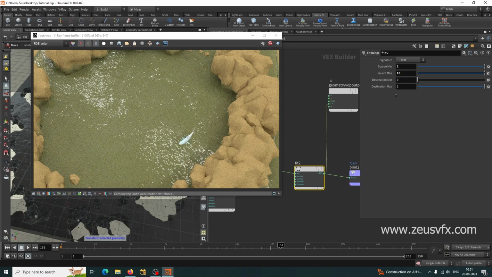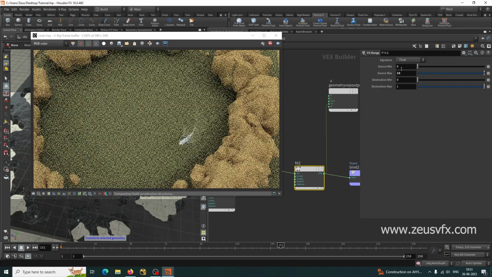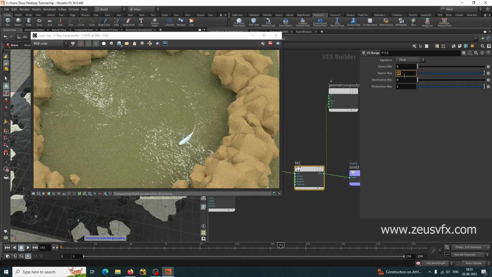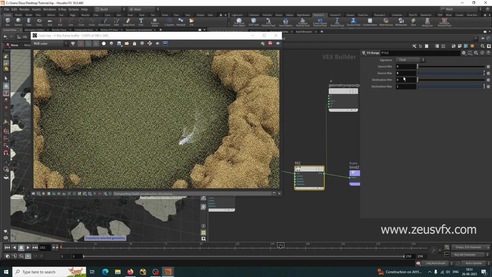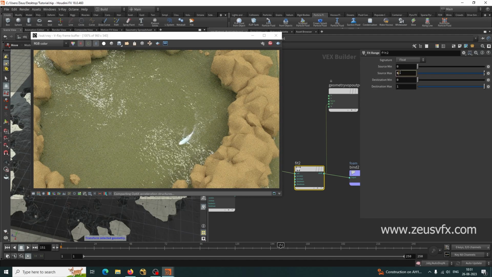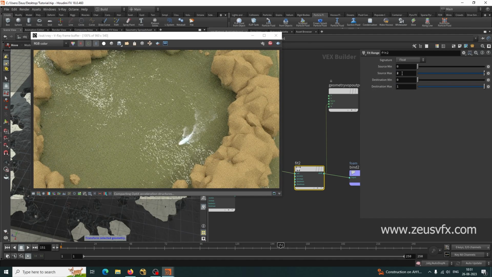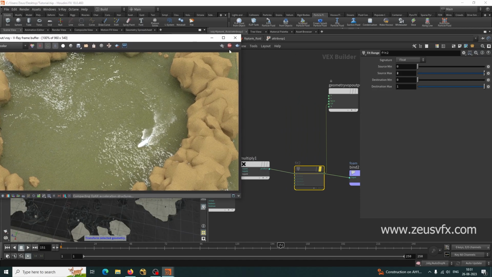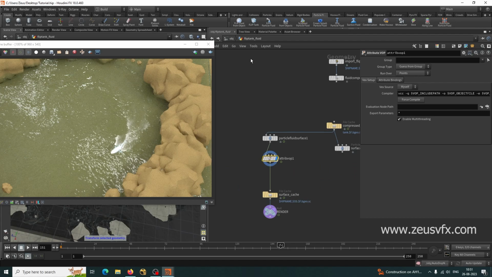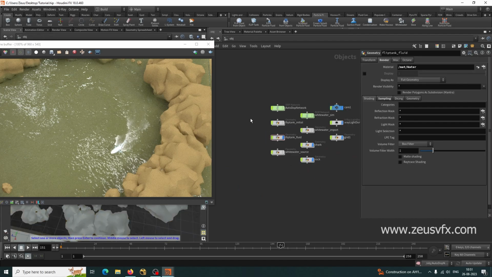If I lower this value, 5, yeah, maybe that. We don't need that. Now you can see it's coming. It's white. If I turn on our foam also,